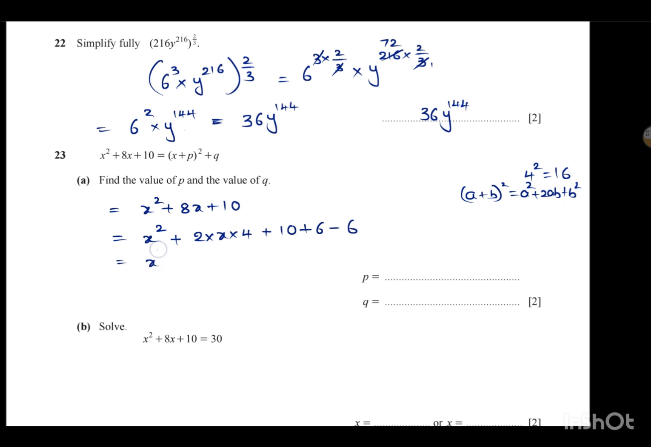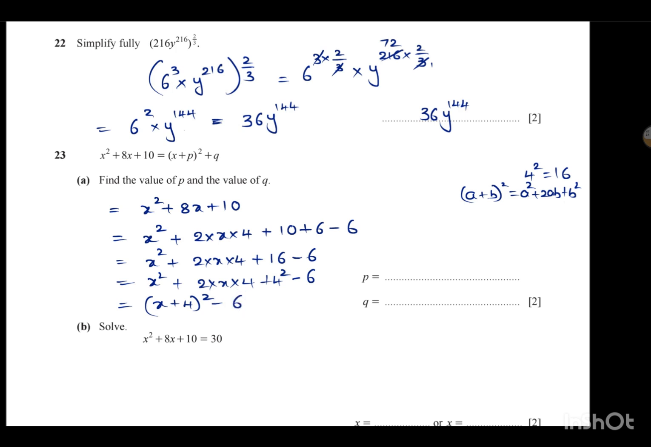So now you will have here 2 into x into 4, x square plus 2 into x into 4 plus 10 plus 6 is 16 minus 6. Then now 16 can be written as 4 square. Now this complete part is completing the square, but we still have minus 6, so let us write that. We cannot ignore it. So now when I write this whole thing as a plus b whole square, I have to take a and b, x and 4, add them and write the whole square,